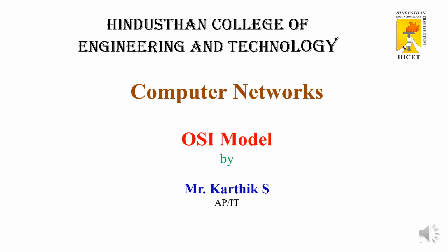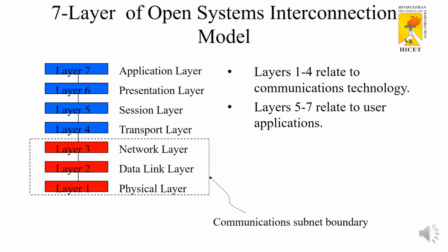The topic is the computer network OSI model: the 7 layers of the Open System Interconnection model. Layer 1 is the physical layer, layer 2 the data link layer, layer 3 the network layer, layer 4 the transport layer, layer 5 the session layer, layer 6 the presentation layer, and finally layer 7 is the application layer. Layers 1 to 4 relate to the communication technology, and layers 5 to 7 relate to the user